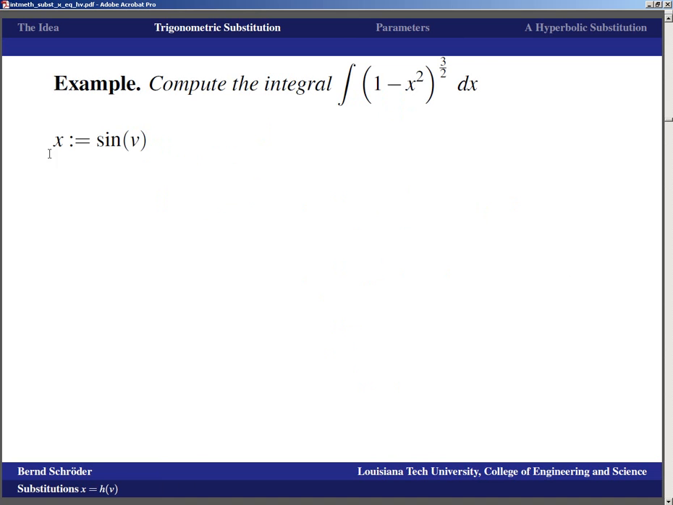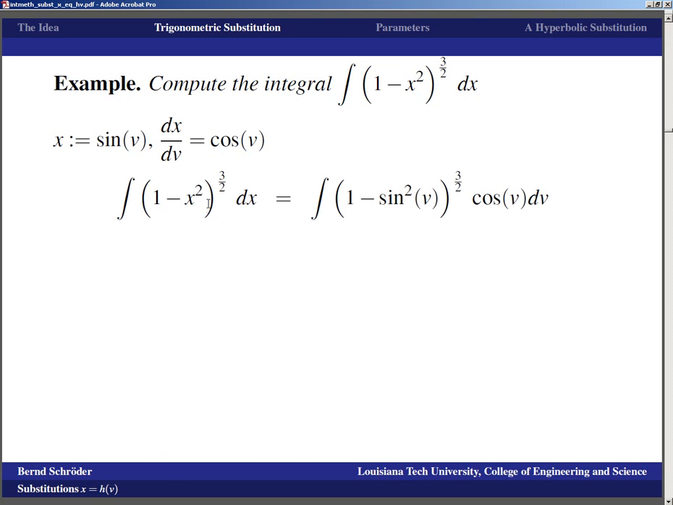Well, same pattern, so we set x equal to the sine of v. dx/dv is cosine of v. And so that means that the integral of (1 minus x squared) to the 3 halves is the integral of 1 minus sine squared of v to the 3 halves, times dx, which is cosine v dv. And 1 minus sine squared of v is cosine squared v. So we end up with the integral of (cosine squared v) to the 3 halves times cosine v. That ends up being cosine cubed times cosine, so we end up with the integral of cosine to the 4th of v dv,